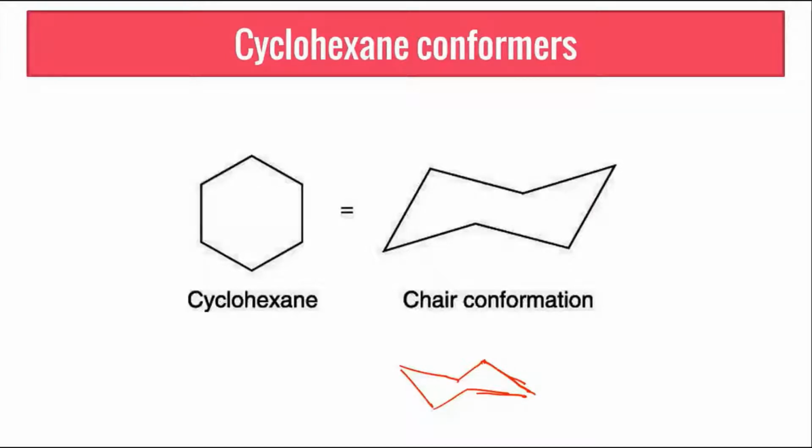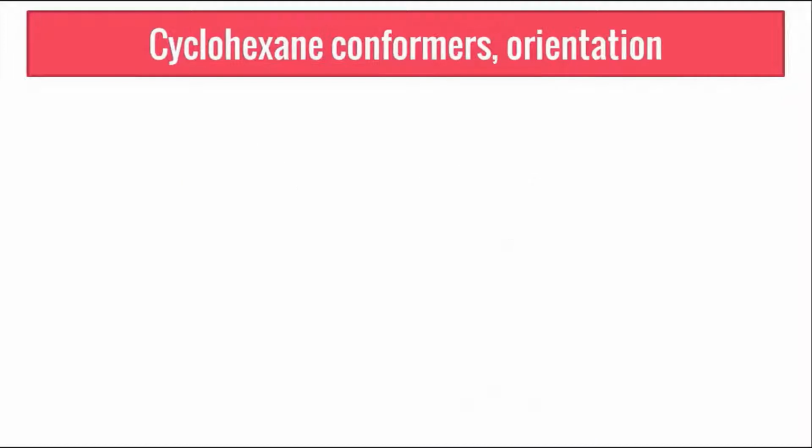Now, what is so peculiar about this chair conformer is the orientation of the bonds present on the chair. If you write cyclohexane like this, you might draw it as a flat structure, but ideally it is not a flat structure, and therefore the entire picture now changes. So what I'll do is revise a few things, and definitely you all will be helping me in doing that. For your cyclohexane, you must definitely be at least aware of the terms axial and equatorial.